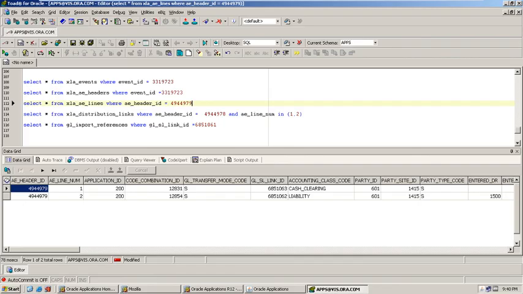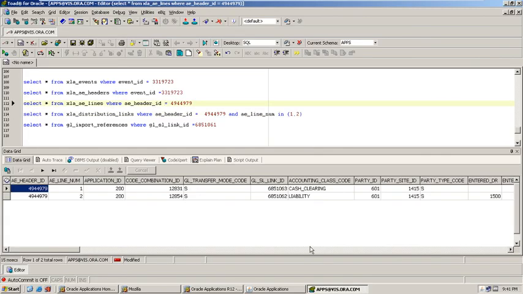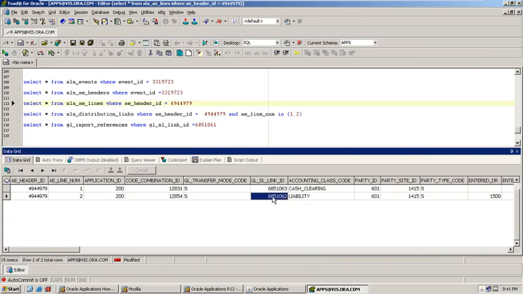AE lines details, then AE_HEADER_ID here, and GL import references. What is the GL_SL_LINK_ID? What is the link ID? SLA, 685103.